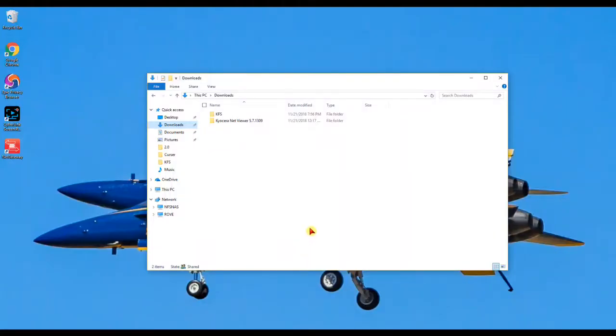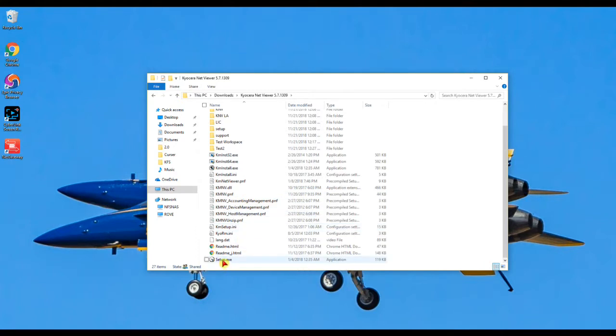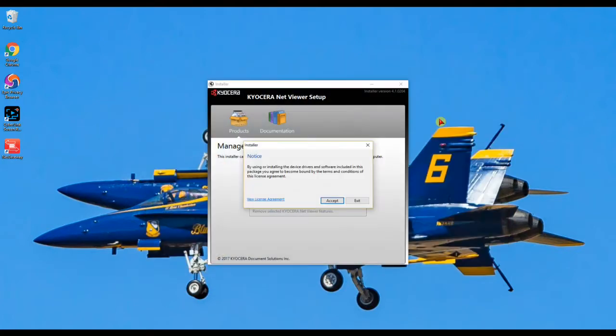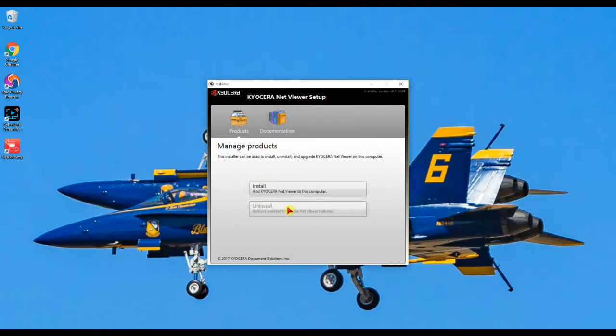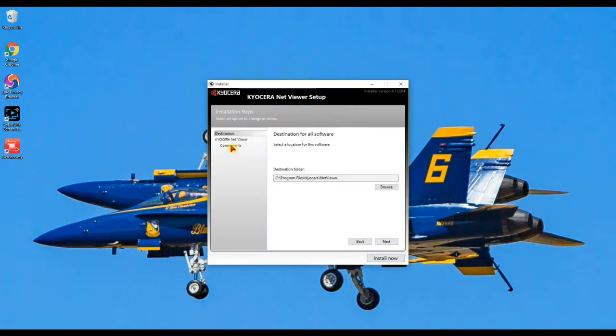In this tutorial, I will be going over the installation of the Net Viewer. So just go ahead and open up wherever you have it downloaded. We will come down here to Setup, tell it yes, accept, install. Now you don't want to hit install now, so you want to go ahead and go to Next and